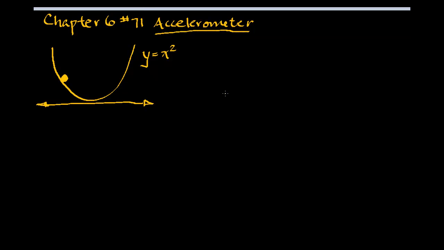Okay, I'm going to try and explain the solution to problem number 71 in chapter 6, the accelerometer problem. So we have a ball that is on a track, and the track is in the shape of a parabola defined by the function y equals x squared. And we're supposed to try and find a way of expressing acceleration in terms of the x value